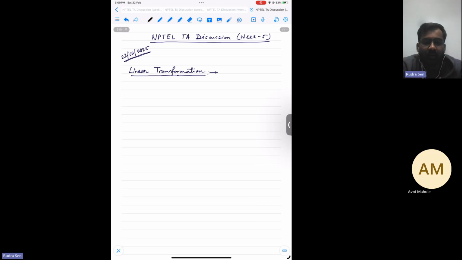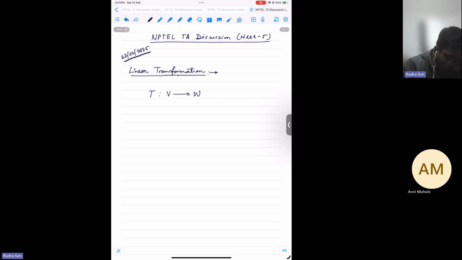So linear transformation is basically a mapping. Let's say T is some sort of mapping which takes the vectors from one space and projects them to another space. This mapping is considered linear, meaning there is no nonlinearity. Since x square, x cube, we know these are all nonlinear terms. So when I'm talking about linear,